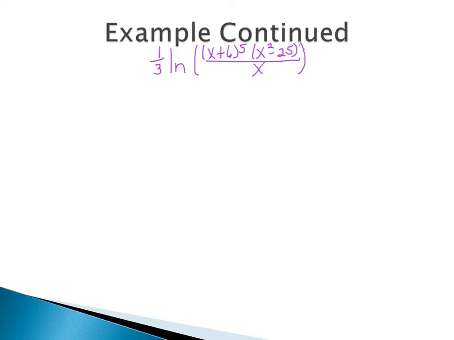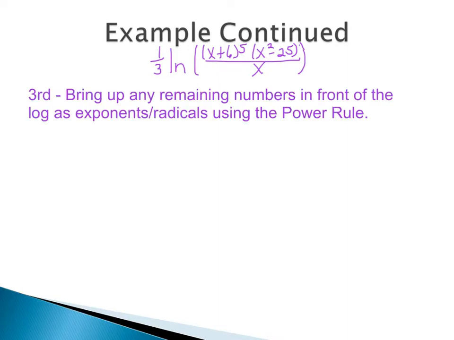For our third step, we want to bring up any remaining numbers that are in front of natural logs or logs using our power rule. So again, we started off using our power rule, and now we're going to be closing out with using our power rule. If you look at how I rewrote our answer from the previous slide, I got rid of the brackets that were around the natural log, which is perfectly fine since we had completely condensed what was inside. This way you can see that that 1/3 is being multiplied by the natural log, which means that we can bring it up.